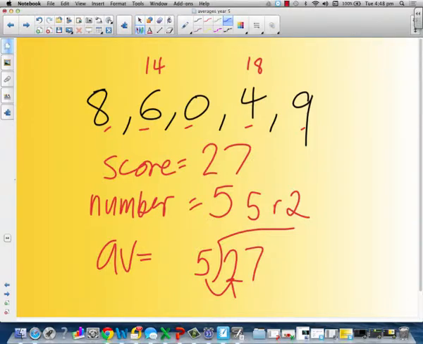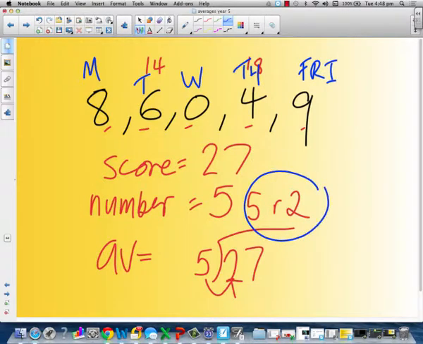Just to recap, if you're a netballer and you scored 8 goals on Monday and 6 goals on Tuesday and 0 goals on Wednesday and 4 goals on Thursday and 9 goals on Friday, then your average score rate is 5 remainder 2 per day. That's about what you're getting per day. If I was looking to employ you in the Netball Stars program, I'd ask, what's her average score rate? And someone would say to me, it's 5 remainder 2 goals per game. That's what they get on average. I'd say, sorry, you're not going to make the cut. You've got to do better than that.